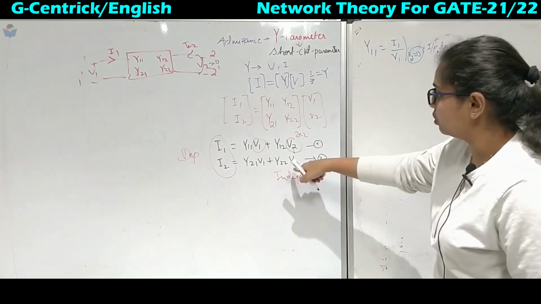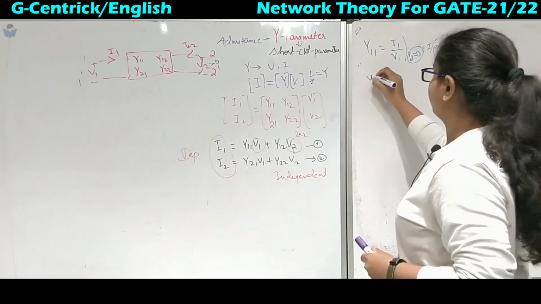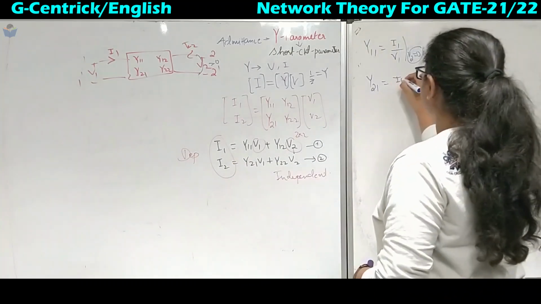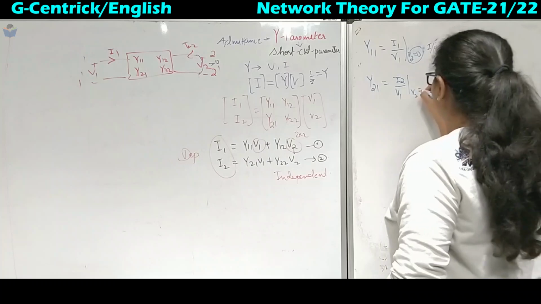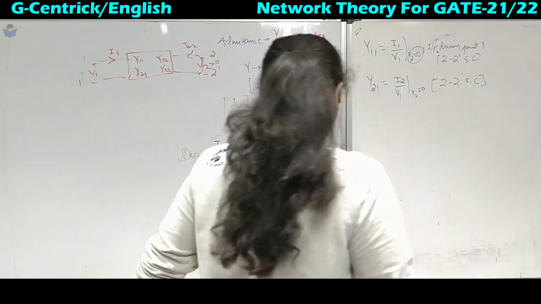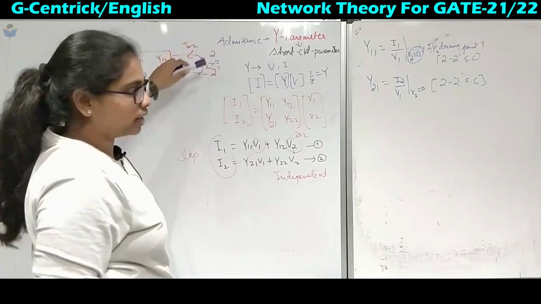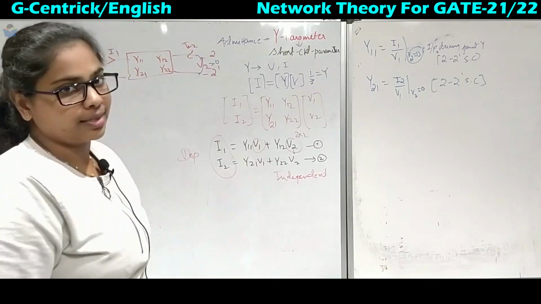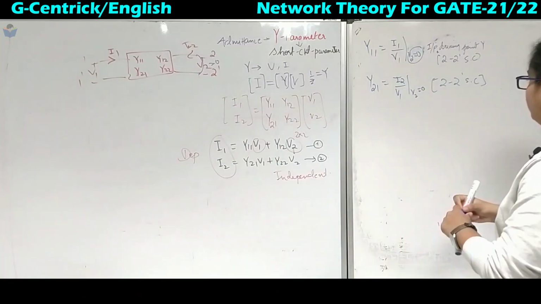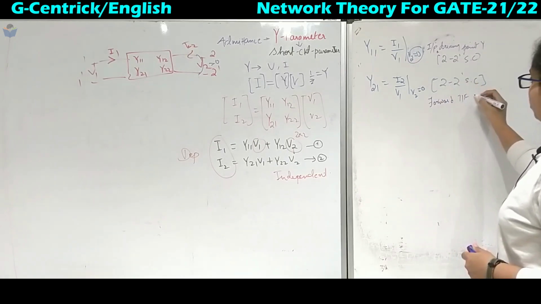Next, in this equation when we put V2 equal to 0, we get Y21. So Y21 is I2 divided by V1, provided V2 is equal to 0, again with 2 dash short circuited. Here I2 is on the output side and V1 is on the input side, so it is nothing but a transfer function, output over input. So we will call this the forward transfer parameter or admittance.